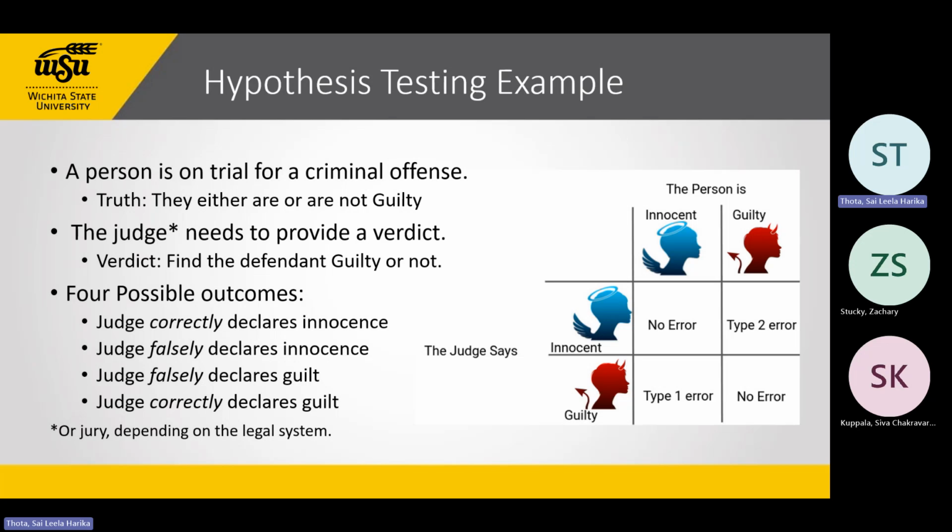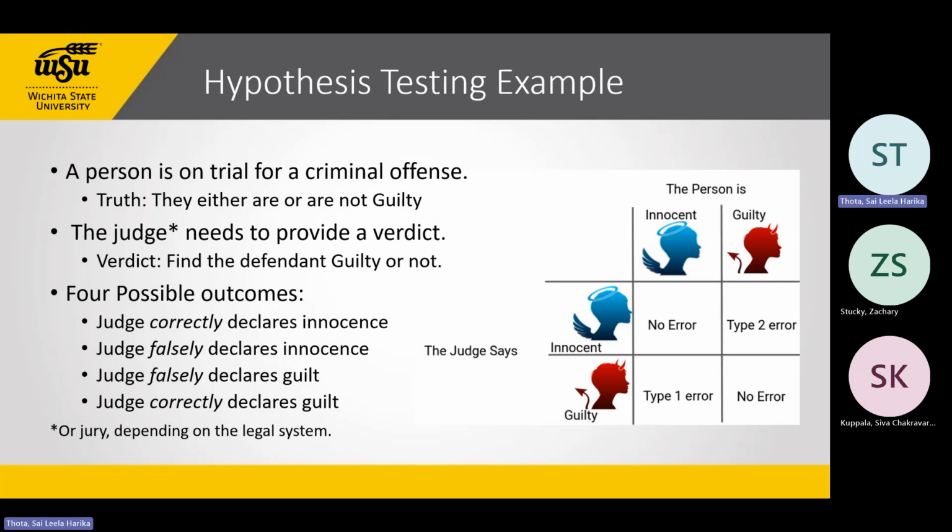In that case, there is no error because the predicted value and the actual value are the same. But if he did the crime and the judge says he's innocent, then you will get a